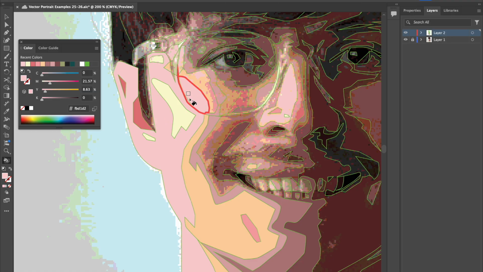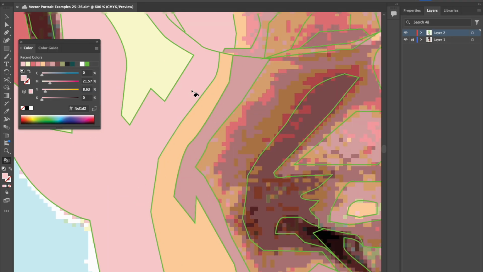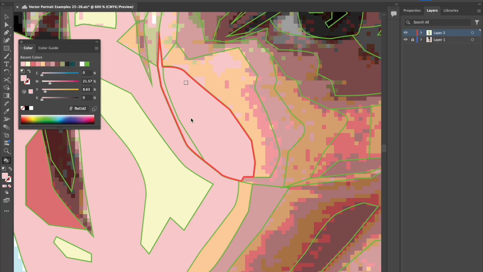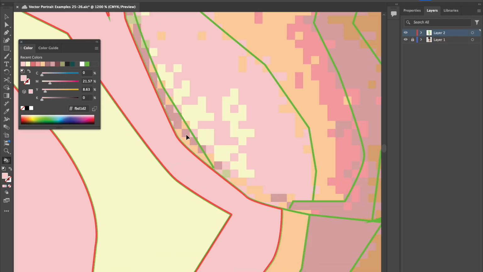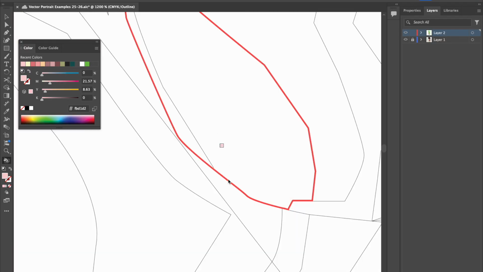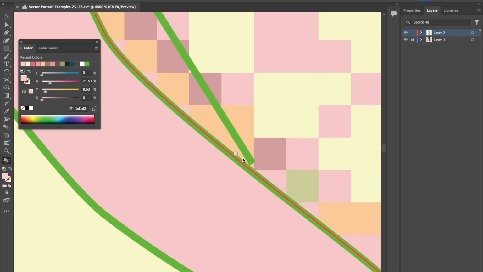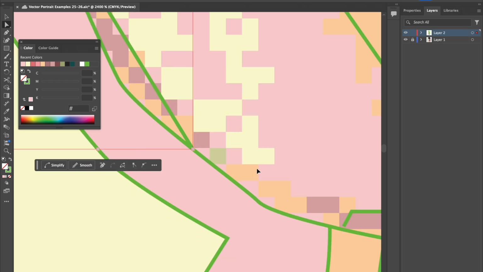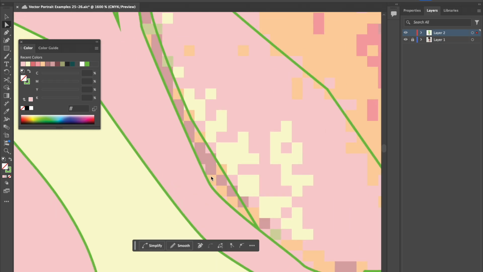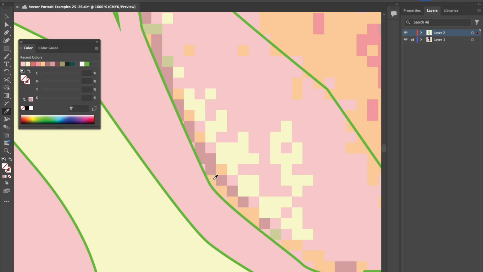And then finally, this is actually a good example. If I run into an area like this right here, where I have this little sliver I created, but it's still treating this as if it's one single shape, it's because there is a small gap between my lines. In that case, I can use my direct selection tool to select that line, drag that anchor back down so it's connecting to a path,